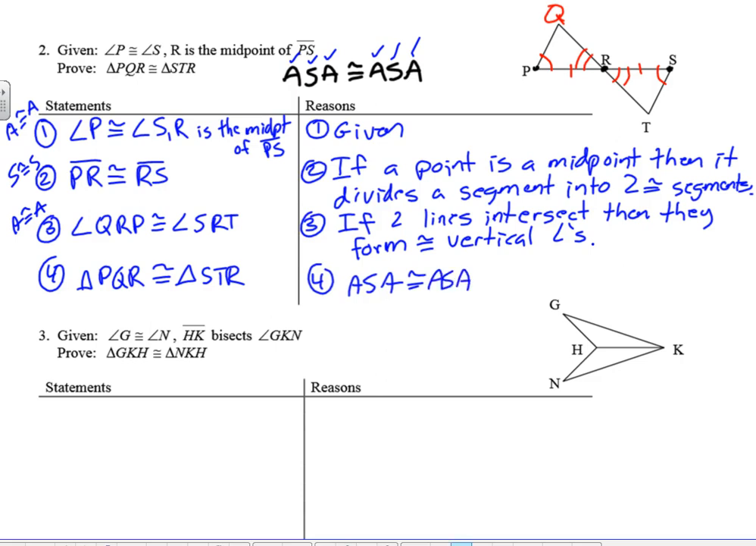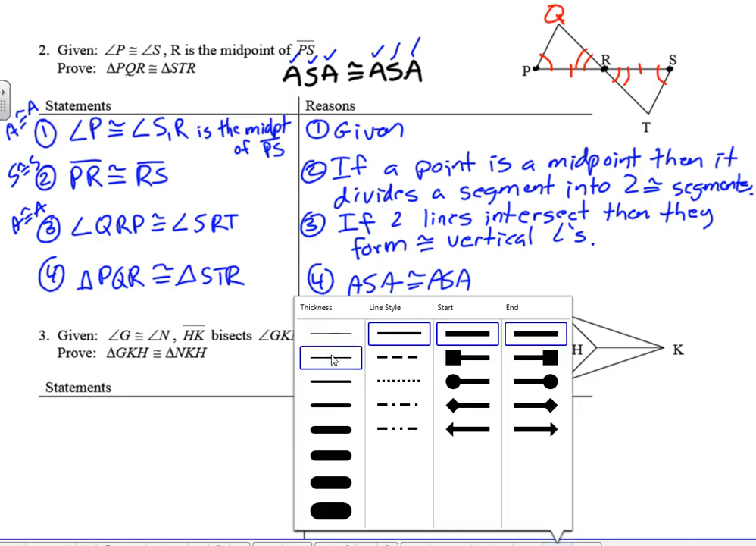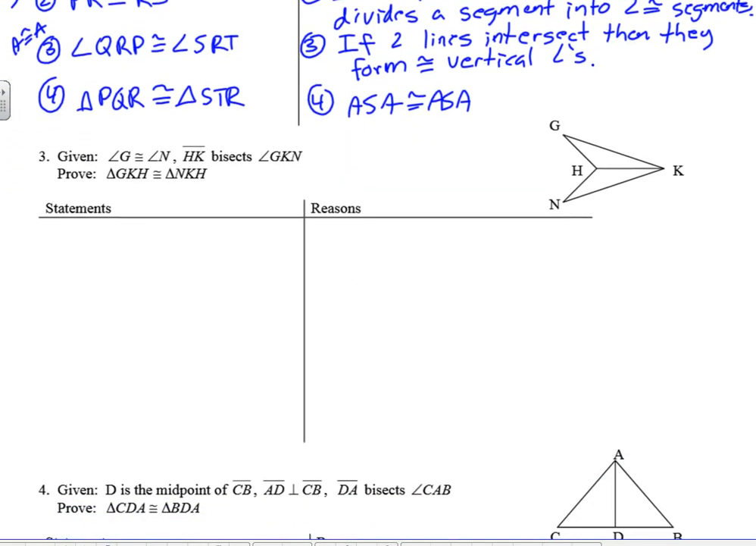All right, let's keep rolling. Angle G is congruent to angle N. HK bisects angle GKN. So that means this angle here and this angle are the same. That's what we're given. This time the segment is bisecting the angle. Okay, what do we got for free? Well, we've got a common side. Now here we notice that